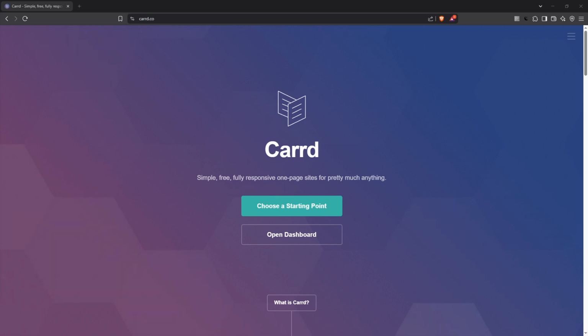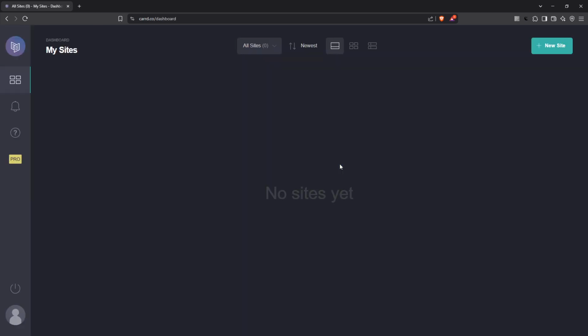So, let's get started. First things first, you'll want to head over to carrd.co. If you haven't already done so, log into your account. This will give you access to all the sites you've created or are working on. Navigating to your dashboard gives you an overview of your projects, making it easy to select the one you wish